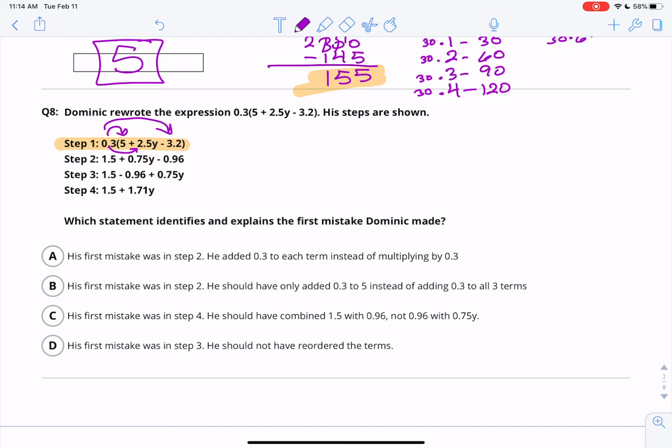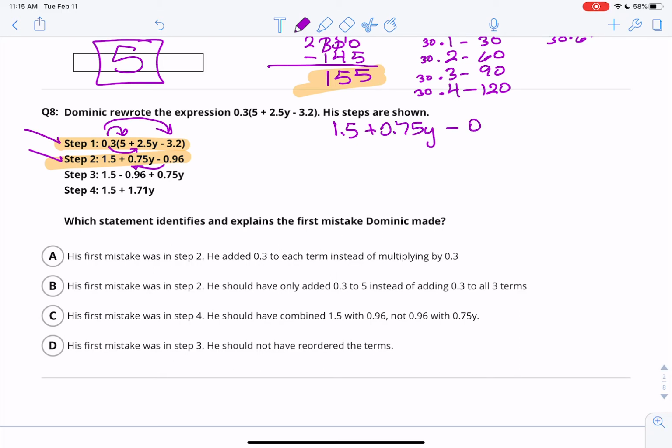So if you check, 0.3 times 5 does equal 1.5. 0.3 times 2.5 is 0.75. 0.3 times 3.2 is 0.96. So that one's good. Okay, so these two are good. Now we're on step 3. On step 3, all he did was move the 0.96 to in front of the 0.75. So he went 1.5 and then he just moved that over. Can he do that? That's the question. Can you,